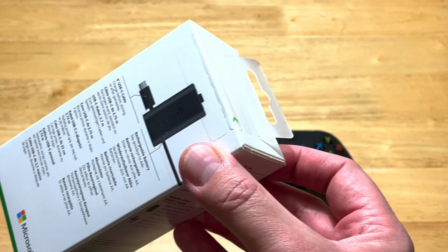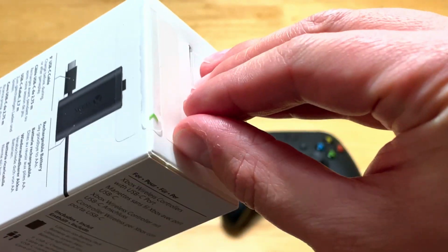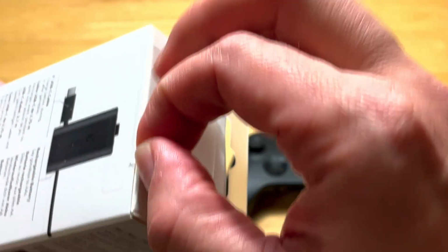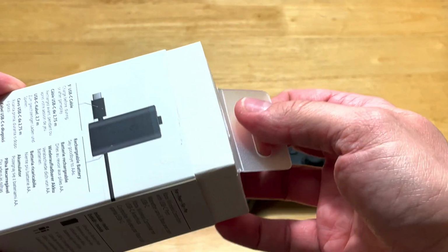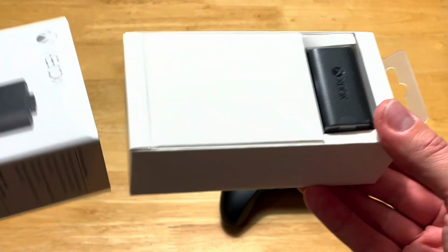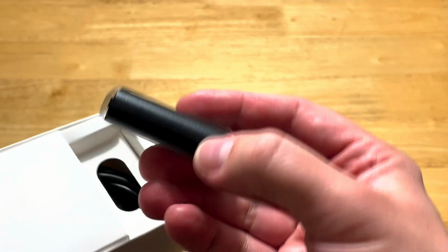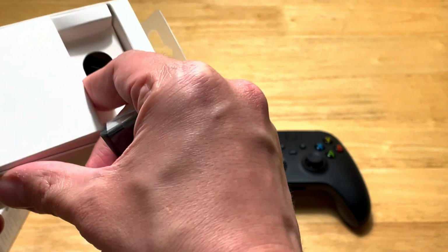Strangely enough, Microsoft is copying Apple, and they added this arrow to easily open. Thanks, Microsoft. That's the best way. No knives, no scissors. Just pull here and open it up. Oh, and you need to just pull out the box. So we pull out. And here you can see this is the battery. Let's remove,